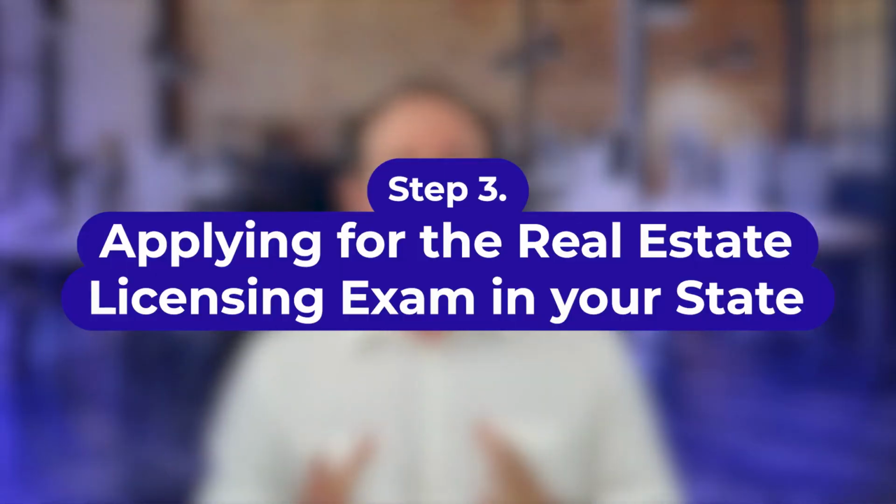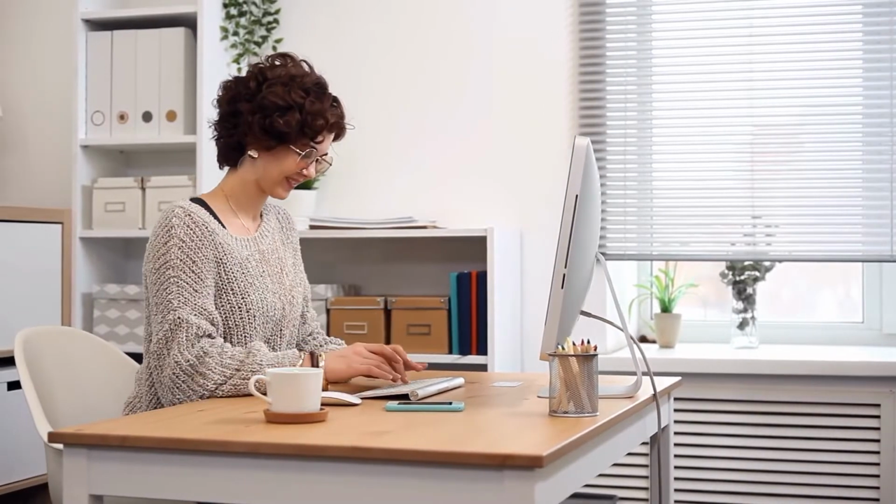After you've completed all of the required education, it brings us to number 3, and that is applying for the real estate licensing exam in your state. Once you feel comfortable with all the information that you've learned and you've taken the required pre-testing exams, you can schedule your exams. At this point, you'll need to pay an application fee and register with a third party such as PSI. This is where you'll usually pay an application fee and register to take your test through a third